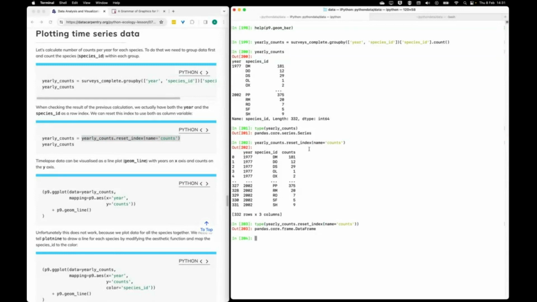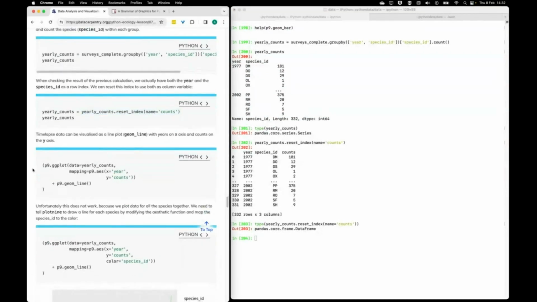the Pandas series into a Pandas data frame with an index, because this Pandas series has a named first column year and a named second column species ID, but it doesn't have an unnamed index. So you're creating a data frame out of that, and that is then what you can give to Plot9. So we give it that yearly count data consisting of the column for the year, the column for the species ID, and the counts, and then we ask it to map